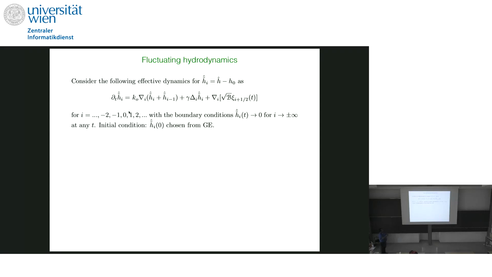But since we are interested in a dynamics at a larger time scale, you write down an effective dynamics on a time scale which is larger than the microscopic time scale. On such a time scale, you can actually replace the Poisson processes by Brownian noises with some strength. I have a heuristic derivation; I am not going into that, but you can derive this equation. And since we are interested in the n going to infinity limit, it is convenient to start with these dynamics on an infinite lattice with these boundary conditions. The initial conditions are chosen from global equilibrium.